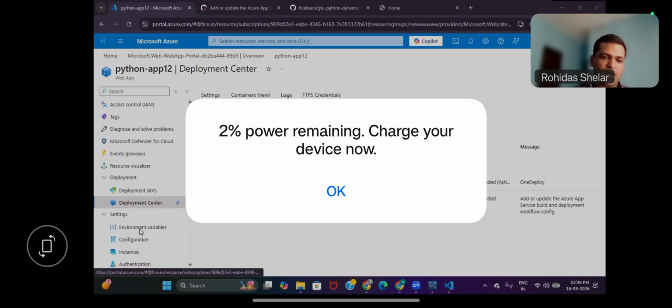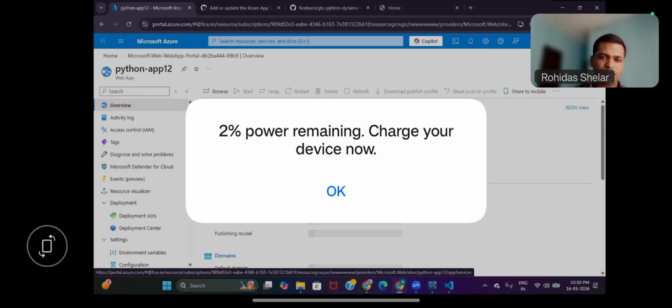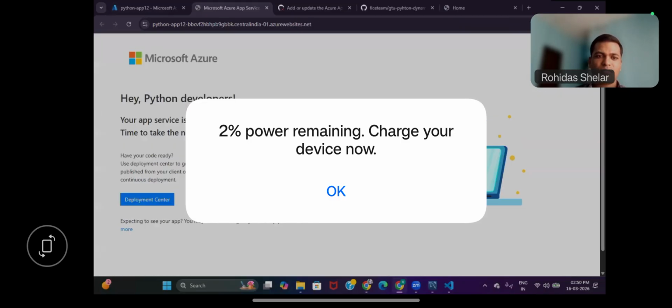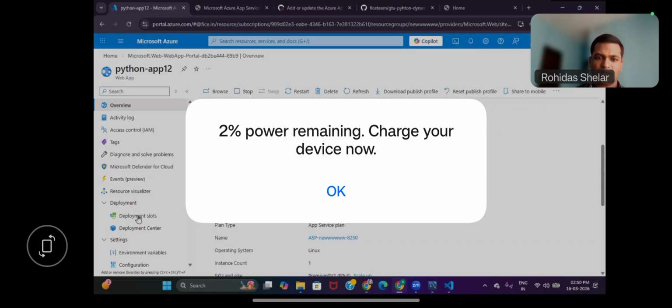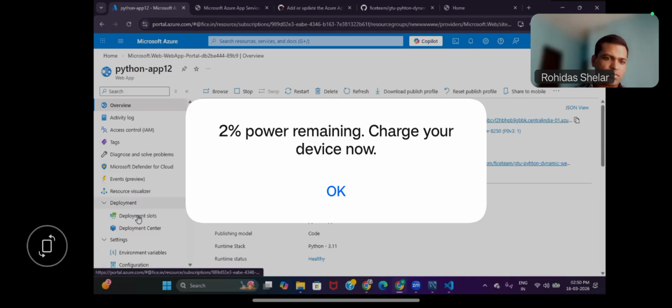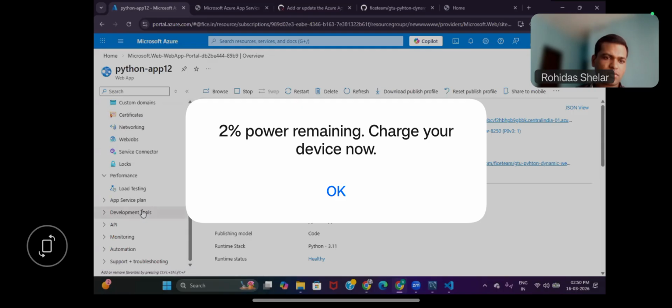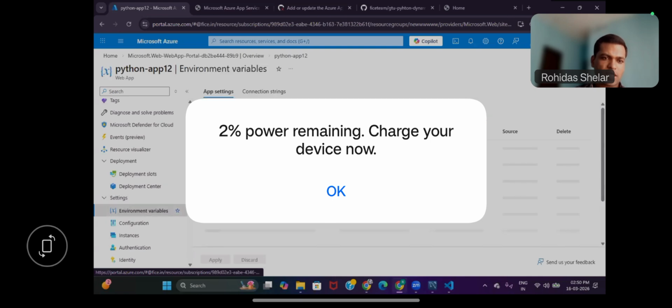Now, again, do I need to add the environment variable? I think no need to add it. I will just use the default domain. It is done. Once it is done, the last step is like